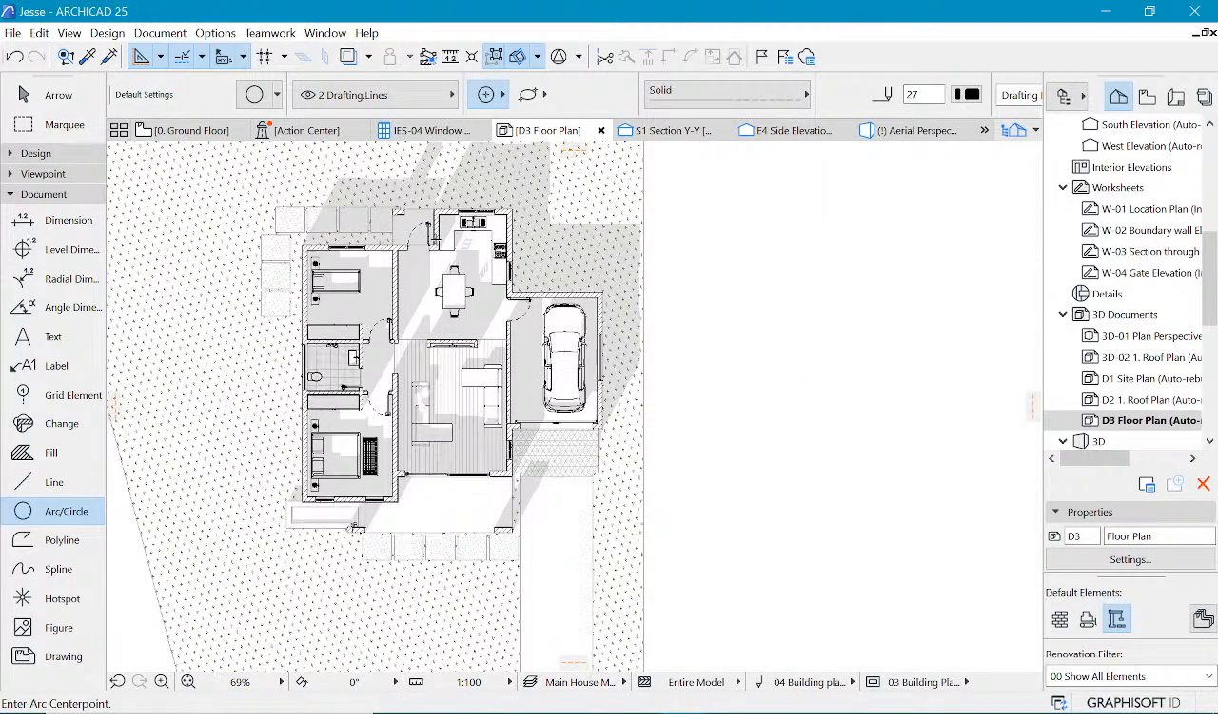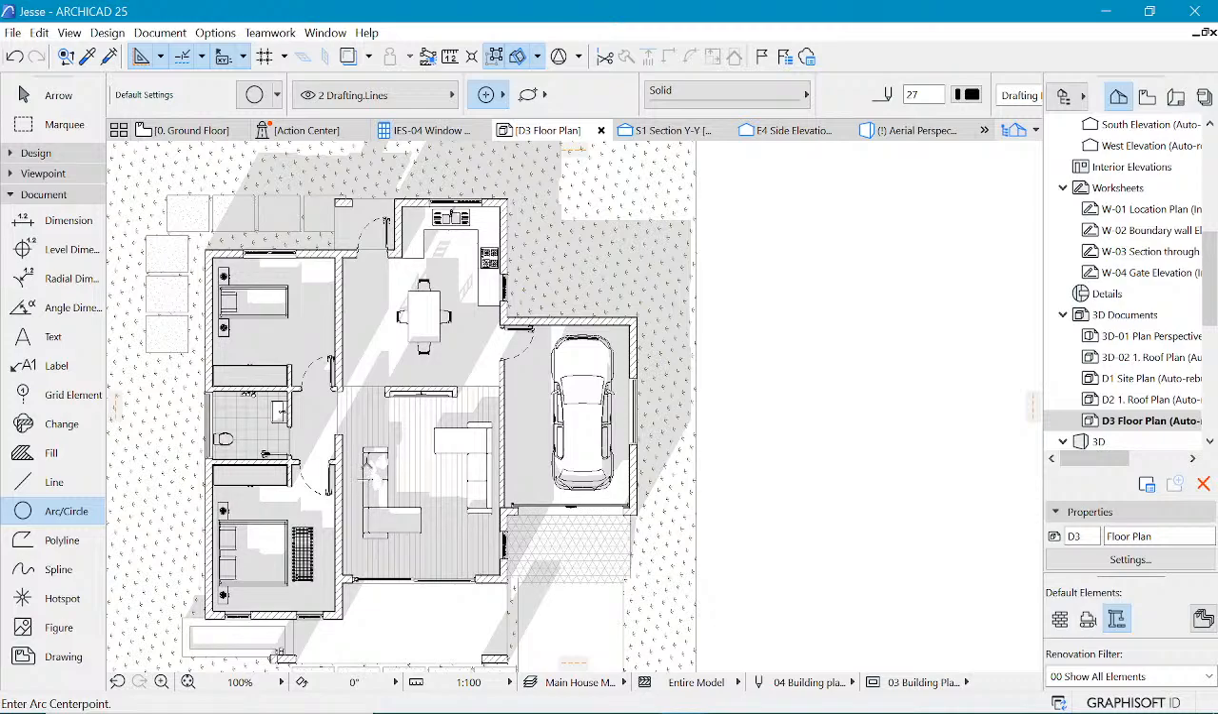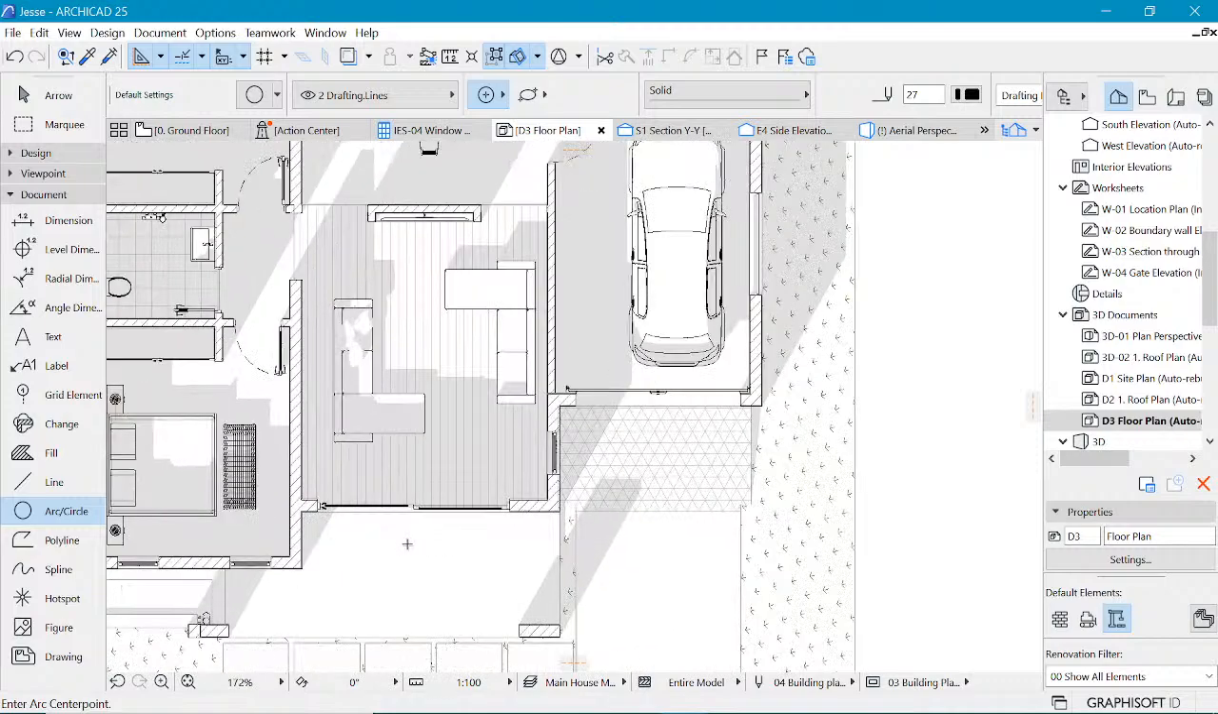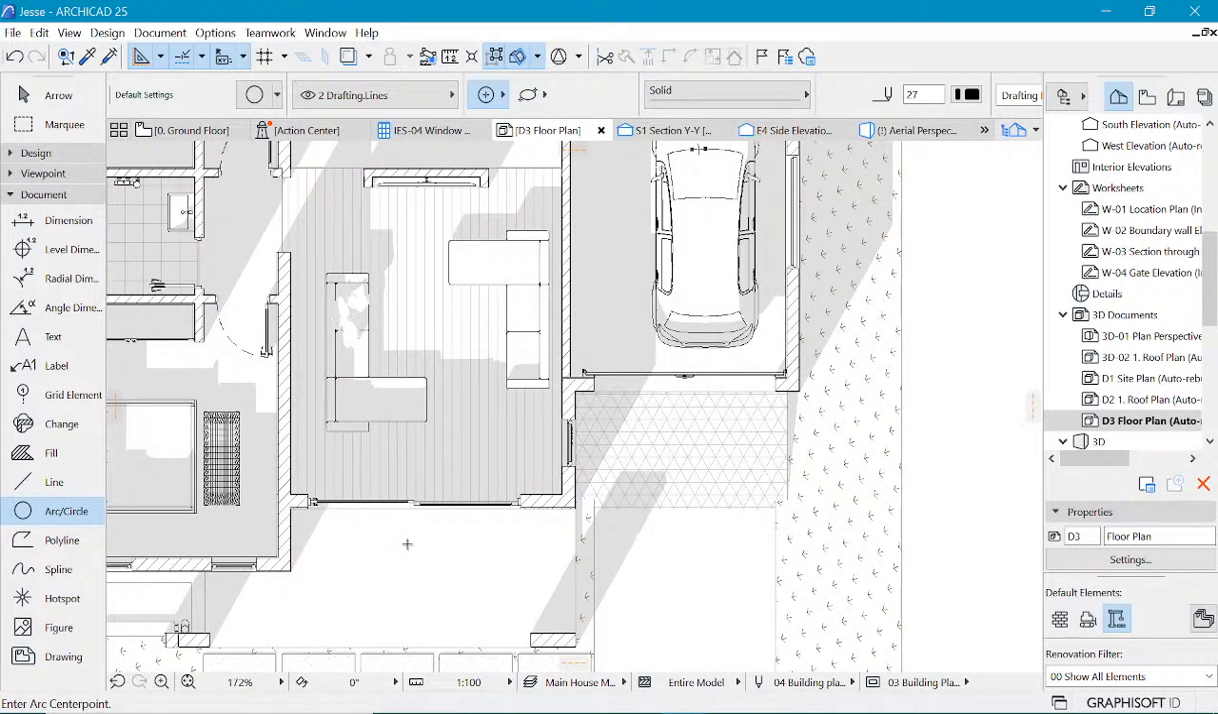But of course, with this workflow, once you do these 2D elements, they are not going to update when you change something in the model. So you will have to come in and reposition them. So we have something which is cool now. And if you wanted to take this a little further as well,